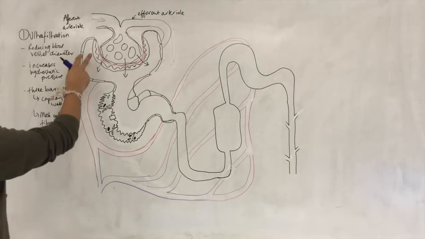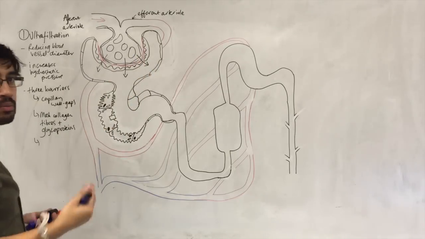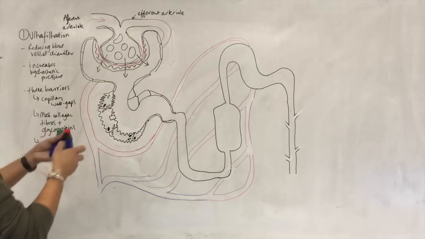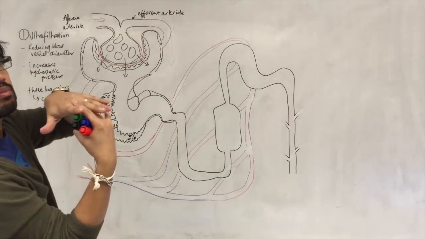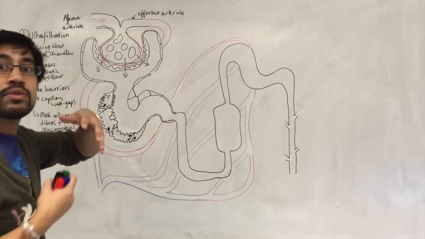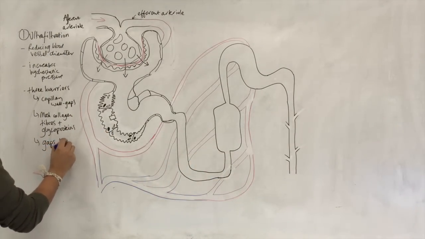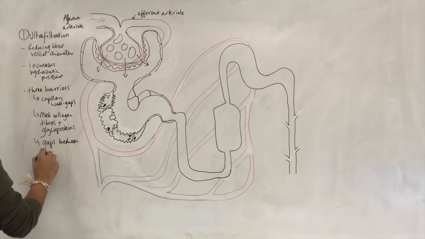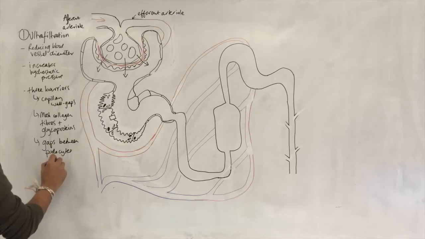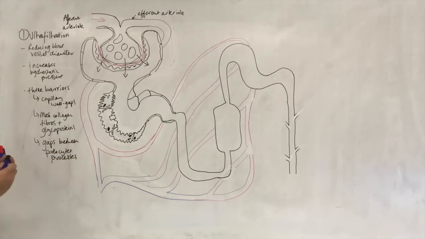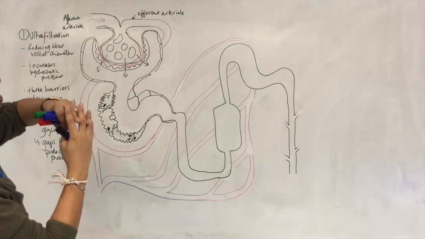And again, finally, we have the third barrier, which is formed of the cells forming the Bowman's capsule. Okay, now these cells have processes which kind of interlink with each other, but there's gaps between those processes, and between those gaps, things can move through. Okay, so I'll put it here: gaps between podocytes. So podocytes is the name of these cells. Gaps between podocyte processes. Okay, so finger-like protrusions, and they link together like this, but there's gaps, so